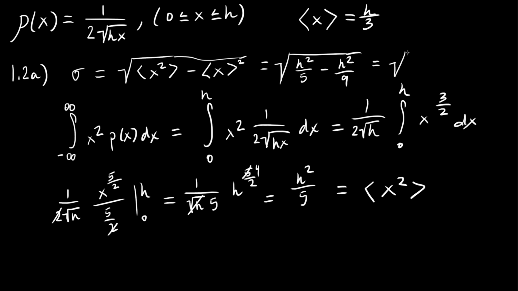And what we get is a square root of 9h squared over 45 minus 5h squared over 45. Then these will cancel up here, so the standard deviation will be the square root of 4h squared over 45,